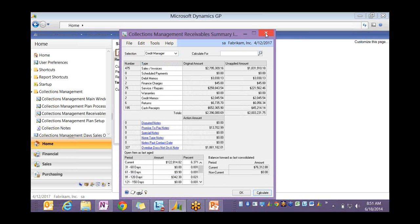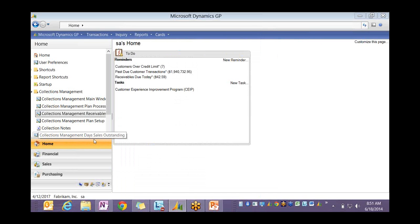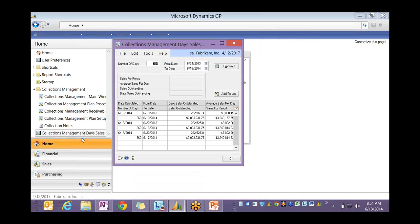And then finally, our day sales outstanding calculator. For those in the world of finance, this seems to be an increasing area of concern, or a metric that more and more organizations are keeping an eye on these days. So we've added this nice little calculator that allows you to specify a date range that you want to calculate your day sales outstanding for. Once I hit calculate, it'll pull in the sales amount for that time period,